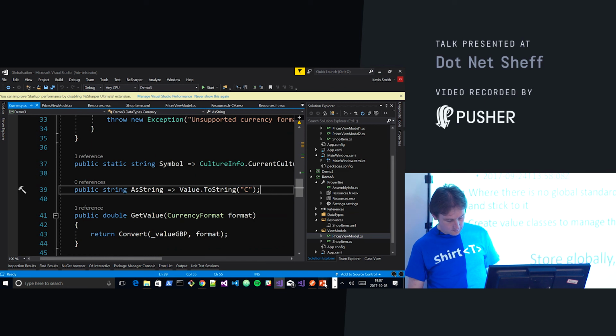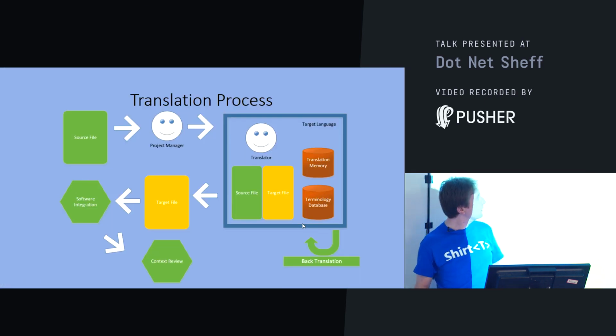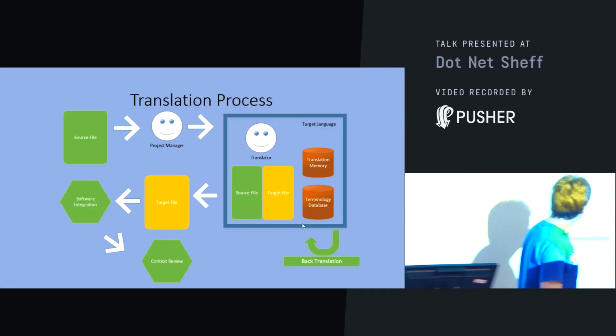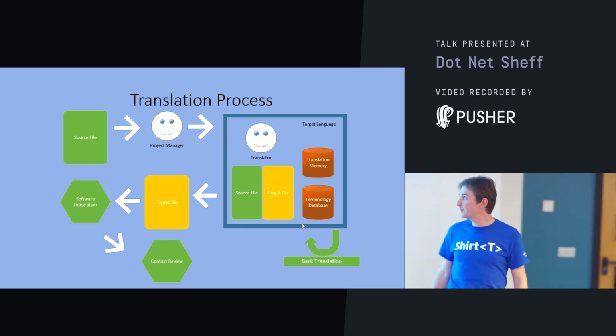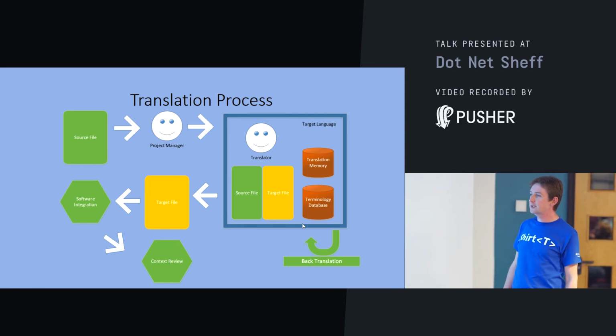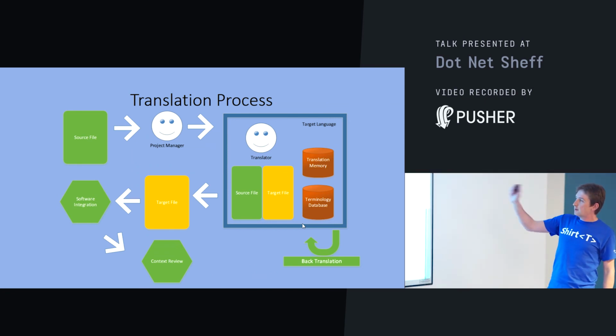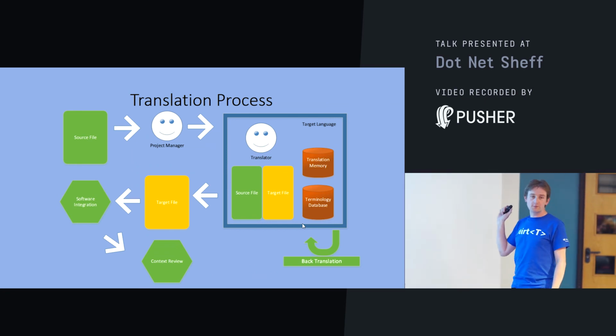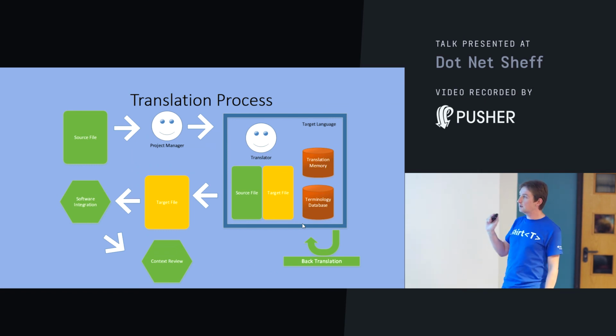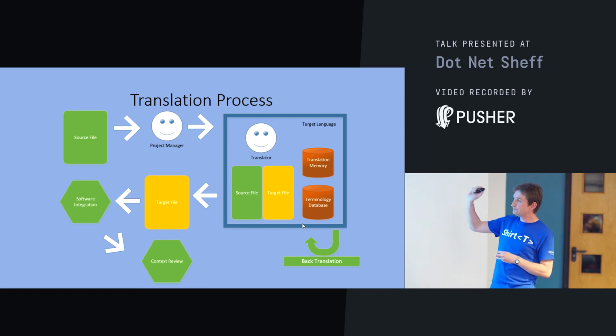Now we've done that, let's talk a little bit about the translation process, because I think sometimes people can get a bit mixed up about what they actually need to provide and what they should get back. You provide your source files, which is your resx files that we had there. You don't provide the target files. Please don't try and do any translation yourself or provide the previous translations because they're useless to a translator. You only need to provide the source files.